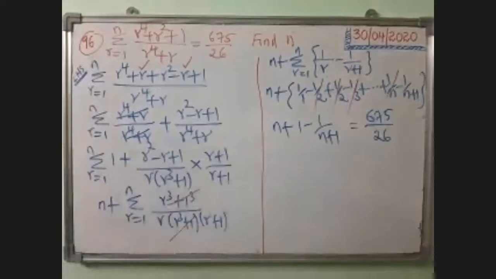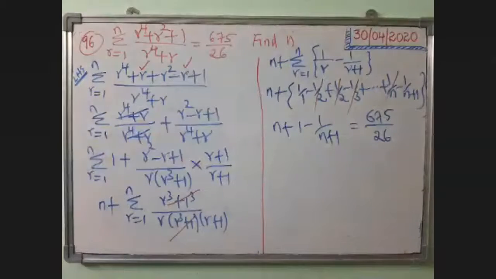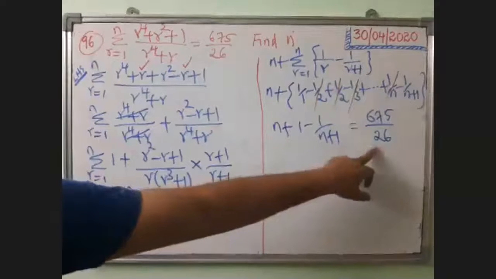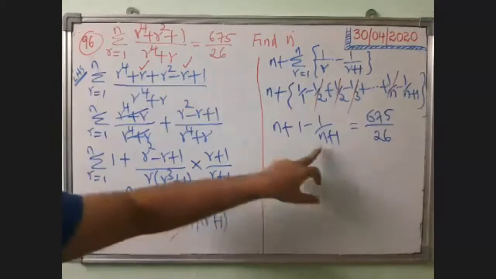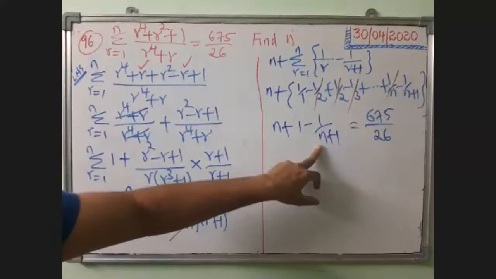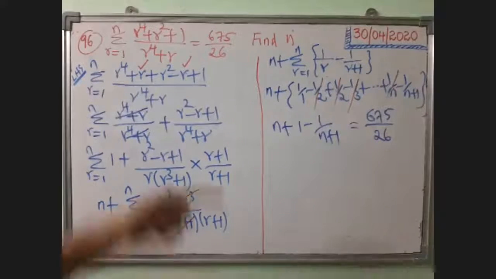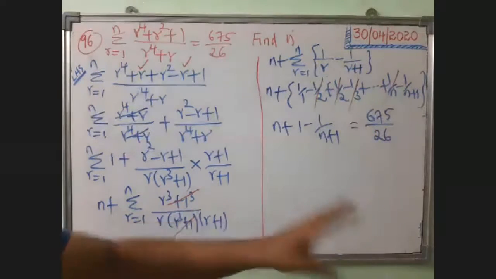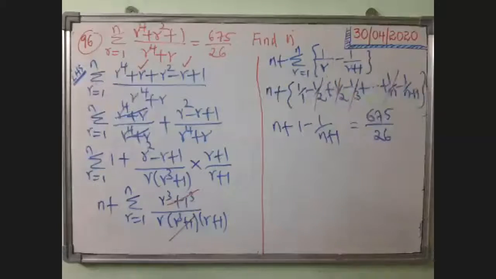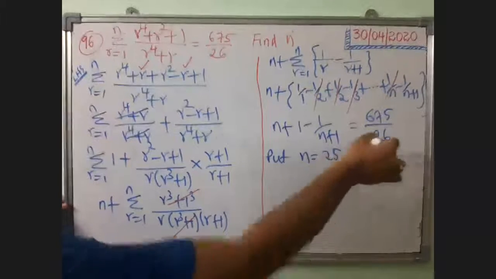Now there is one method. Generally what everyone does is they solve this so that it becomes quadratic, and that becomes very lengthy. It's a simple waste of time. What I am saying is that when you are getting the denominator as 26, and the denominator is n plus 1, then n plus 1 means if n is 25, 25 plus 1 will become 26. Now you should check whether n equal to 25 satisfies this or not. So before going for the detailed calculations, you take n equal to 25. Why? 25 plus 1, the denominator is 26.